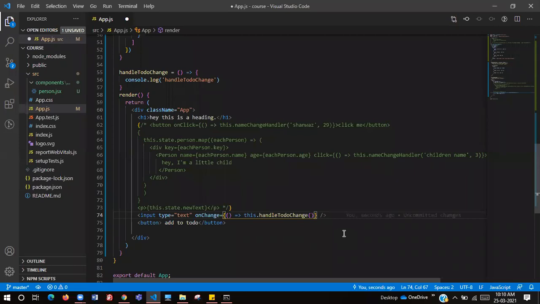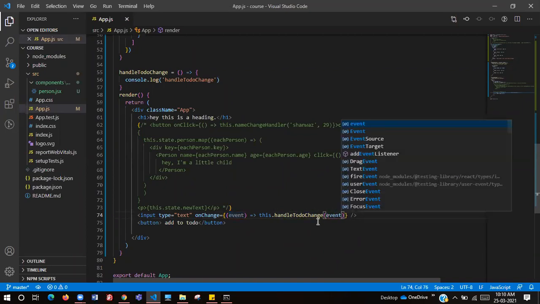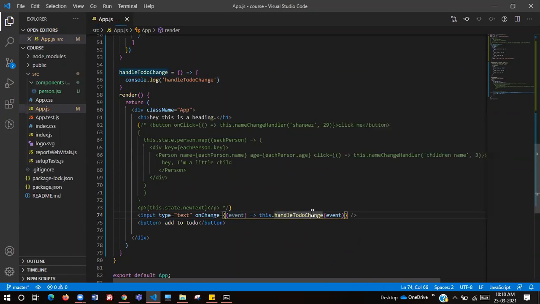So on the onChange function call, we pass the event here. We get that event when we type, and we pass that event to the same function as a parameter. Okay, now in this handleToDoChange, we take it as e.